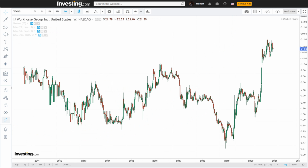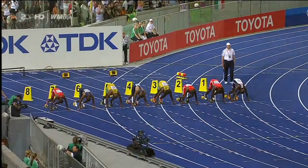In that sense, the company has been a disappointment, as it has merely doubled in value during the biggest bull run in history. But on the other hand, it doesn't mean it still cannot sprint, because sometimes the big winners are not the obvious ones when the starting chute goes off. They are the ones that close in fast from behind when no one expects it, thus taking everybody by surprise. And maybe Workhorse can do the same. And throw in that Nasdaq parabolic run to the mix and it sure looks promising for